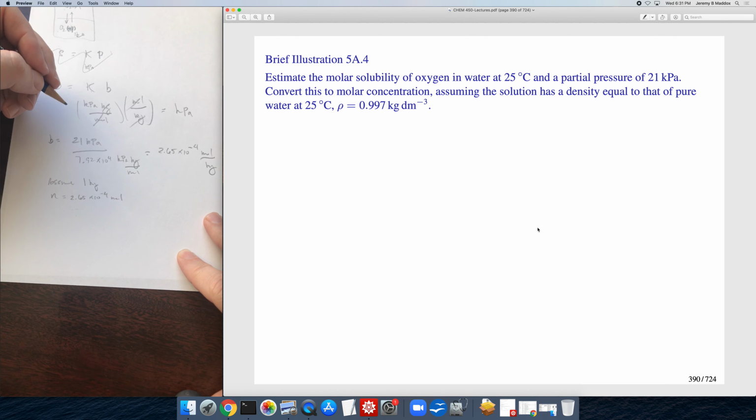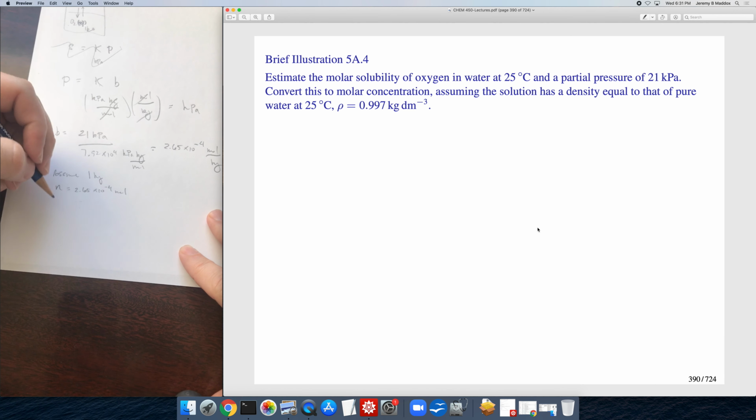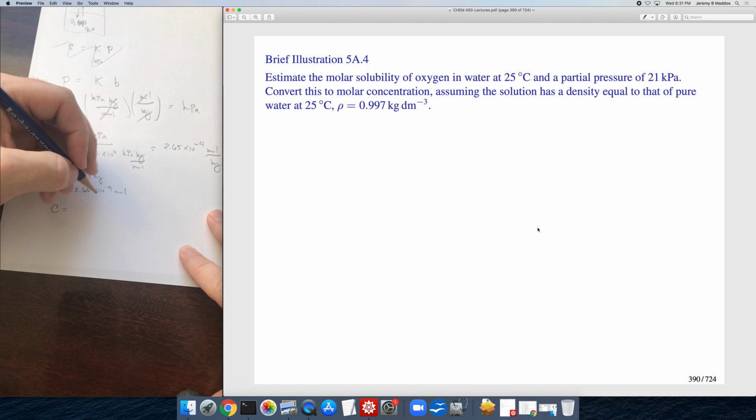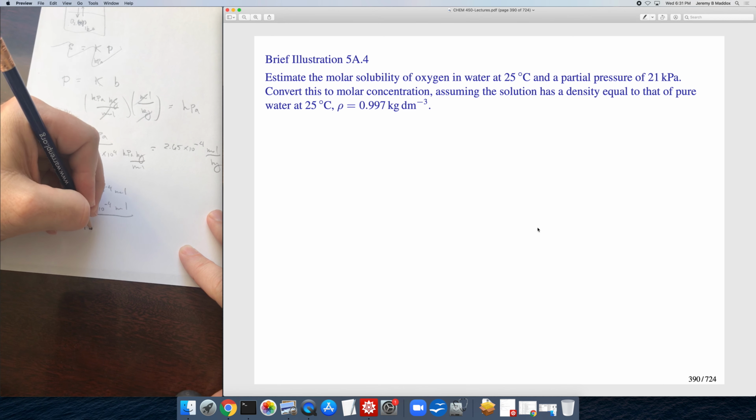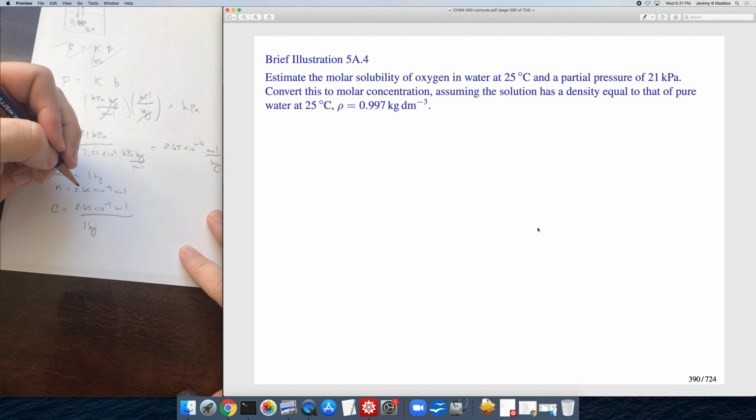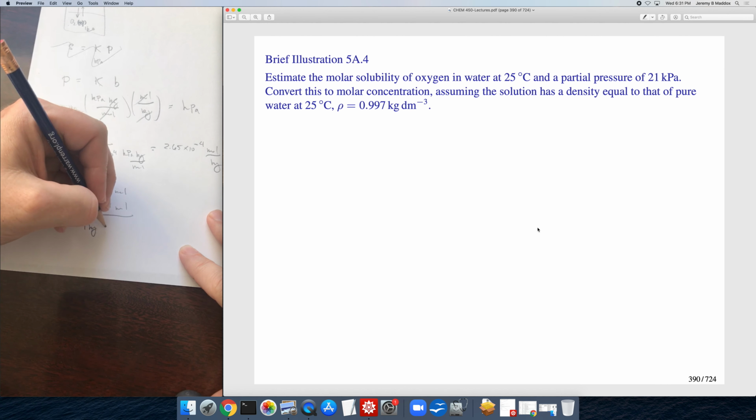They say to assume that the solution has a density equal to that of pure water. So to get the molarity, C, we take the number of moles, 2.65 times 10 to the minus 4, divide by 1 kilogram, and then divide by the density, 0.997